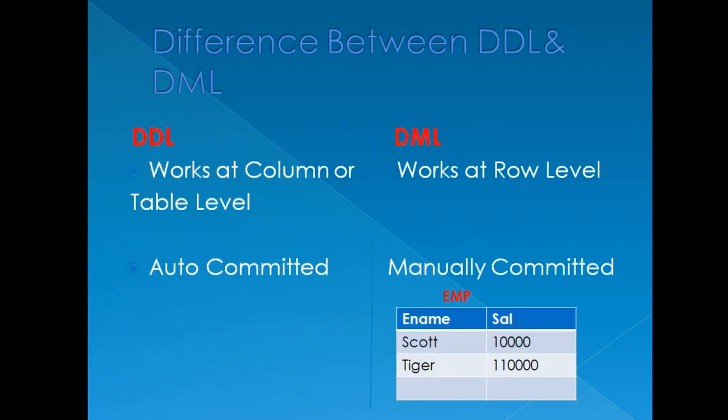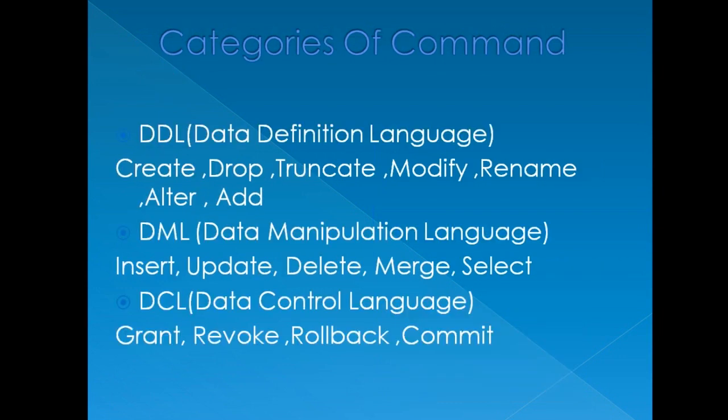You can see one table here named EMP with two columns, ename and salary. Suppose I want to work at row level, meaning I want to manipulate rows: delete, update or insert something. I will switch into the list of DML for that case. For example, look at this: 10,000, 1,10,000. If I want to add one more row inside it, I will switch into the list of DML, meaning I will insert. But if I want one more column there, I will add. So whenever I want to perform any action at column or table level, I will switch into the list of DDL. But if I want to perform any action at row level, I will use DML commands.